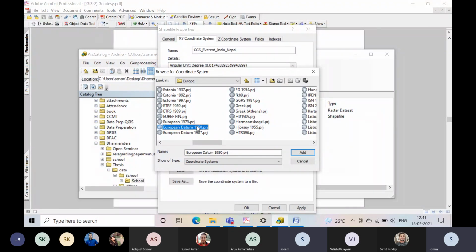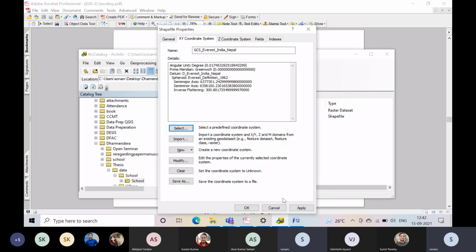Therefore, European Datum 1950 was created at that time, and later on it was modified and became popular along the whole region. As you can see, there are several versions. European Datum 1950, European Datum 1987, both are available at this time. So this is about the